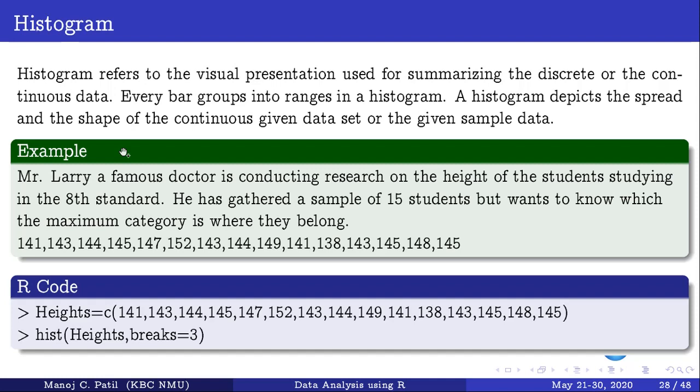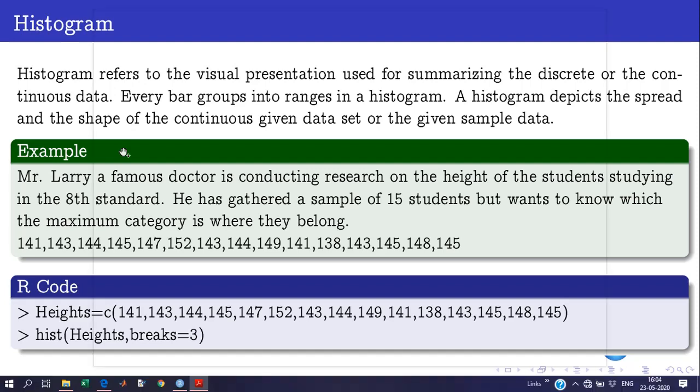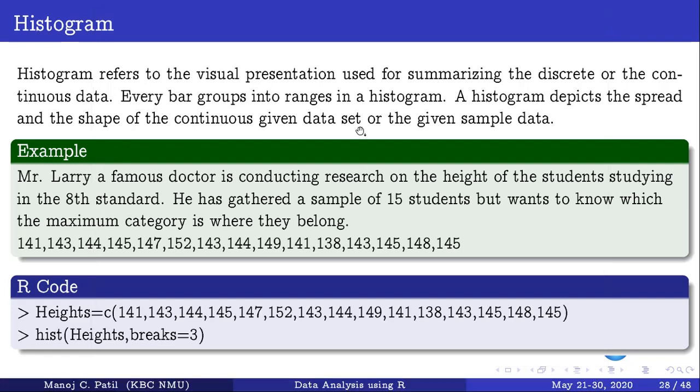Let's take an example. Mr. Larry, a famous doctor, is conducting research on the height of students studying in 8th standard. He has gathered a sample of 15 students but wants to know which maximum category they belong to. These are the 15 observations. Store them in heights.